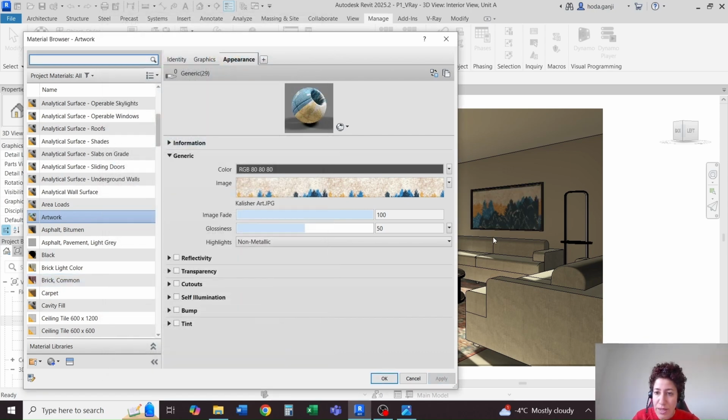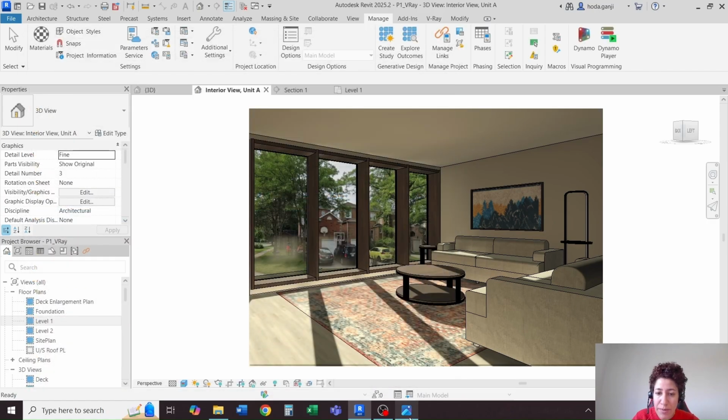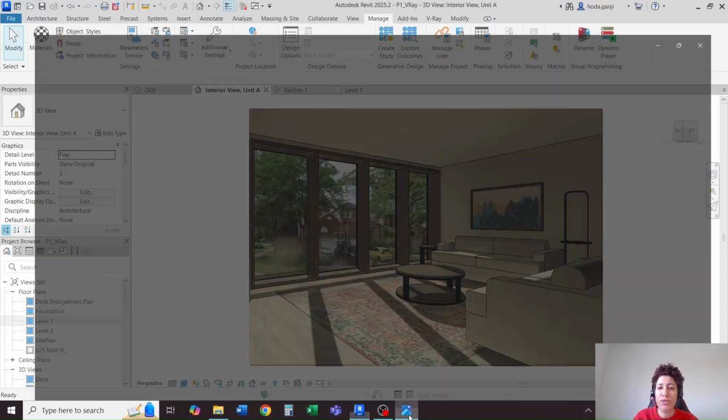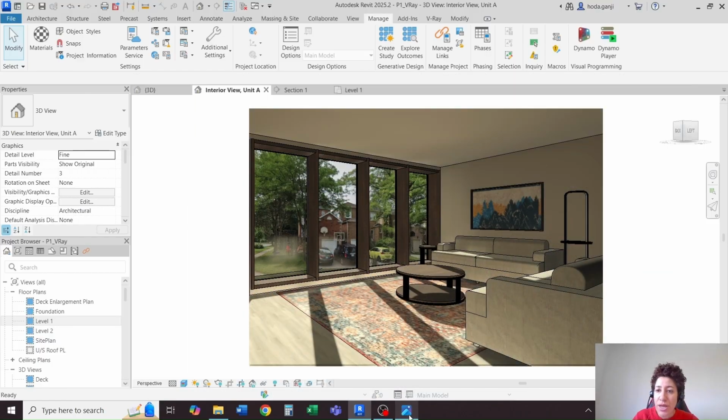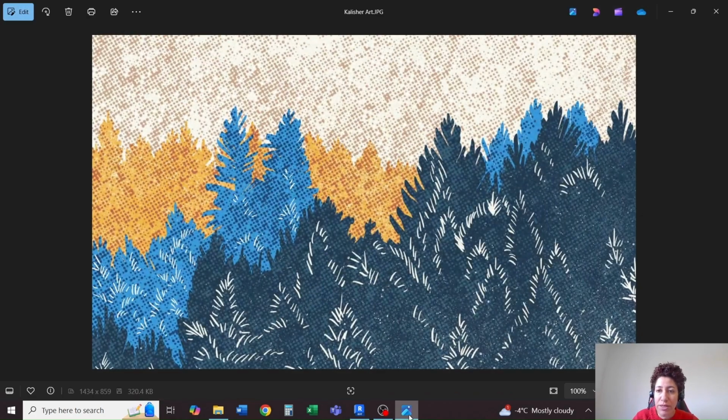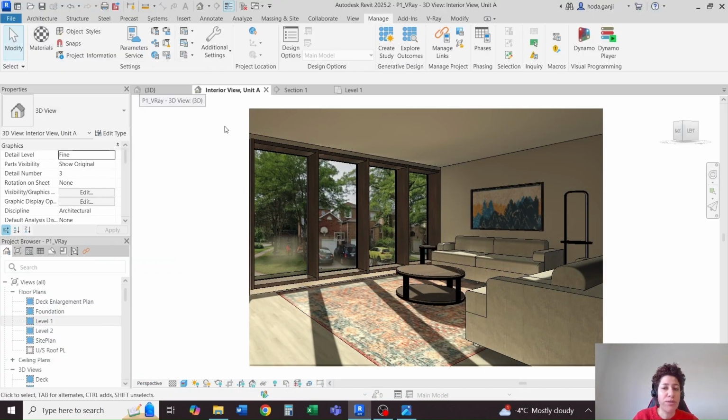We need to play around with it. It's starting to get better. This is the actual photo. This is from Calishare Art. I just need to move it, I believe, a little bit to the right now, so I'll go back to